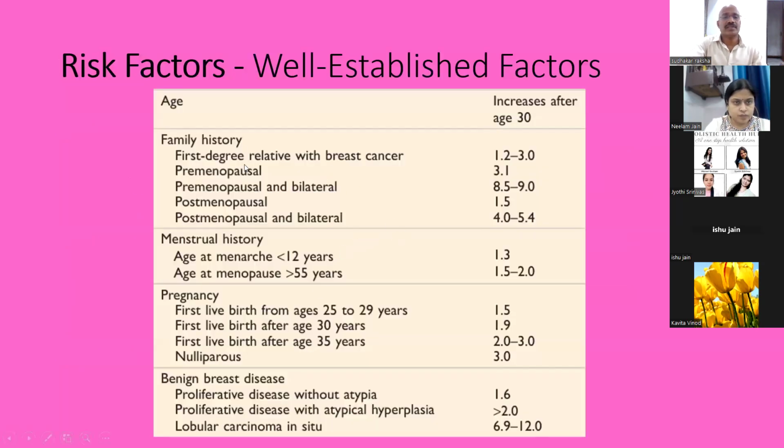When there is a family history, these individuals are 2 times likely to develop breast carcinoma. With menarche and reproductive life, when the reproductive age is longer, they are more predisposed to develop breast carcinoma. The earlier the first live birth, the less the risk. But people giving birth to a child at 30 years of age are at more risk. There are also diseases, we'll see them later.